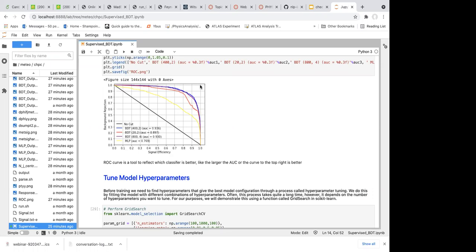But of course, in reality, you always have the mixture, the confusion. So you won't reach this point. You basically have some point which is close to it, like here, or here, or here. Okay. So the purpose of drawing the ROC curve is to compare the performance of different methods or different sets of hyperparameters.